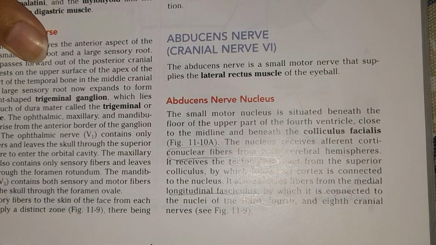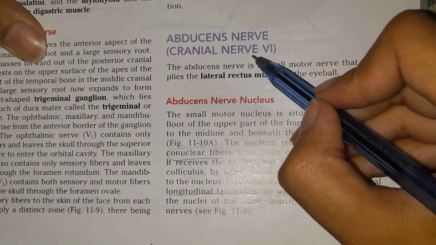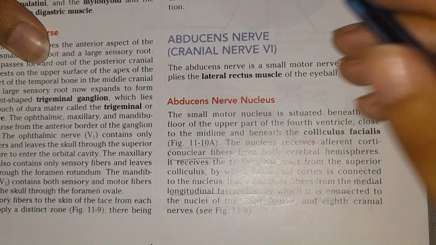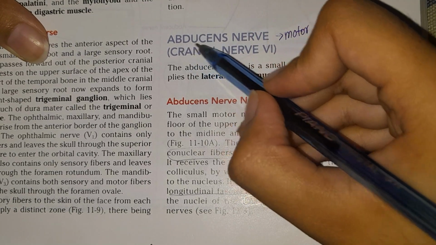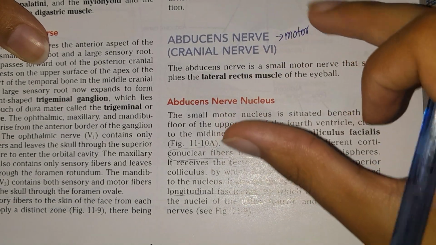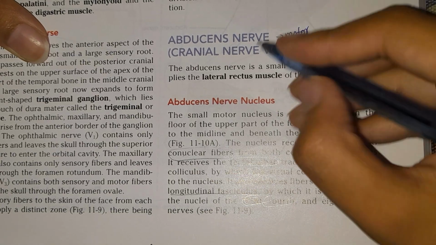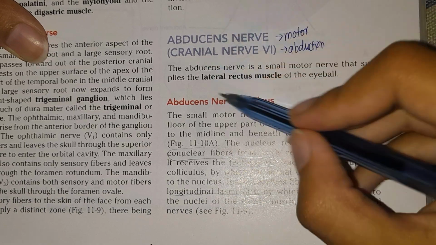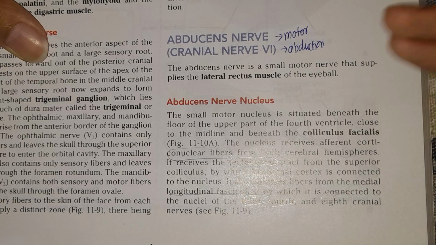Bismillahirrahmanirrahim. Today in this video lecture we are going to study the abducens nerve, which is cranial nerve number 6 from our book, Snell's Neuroanatomy. First you need to know that the abducens nerve is a motor nerve, and since its name is abducens, it is very similar to a word that we study in MBBS, that is abduction. So the abducens nerve is going to do abduction, and it is a motor nerve, so it will supply a muscle that will do the motor function, and that particular muscle is the lateral rectus muscle,